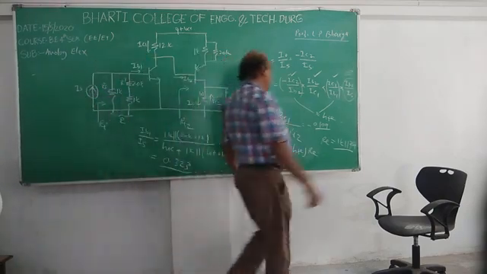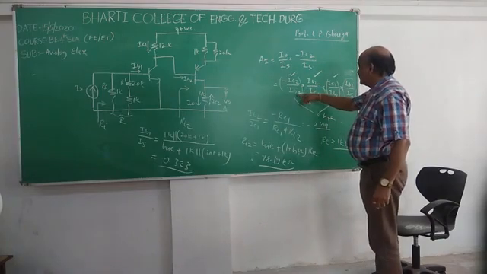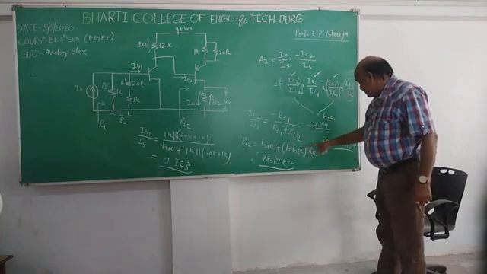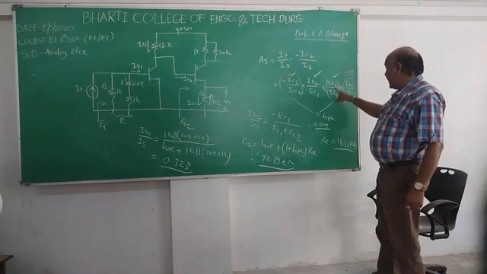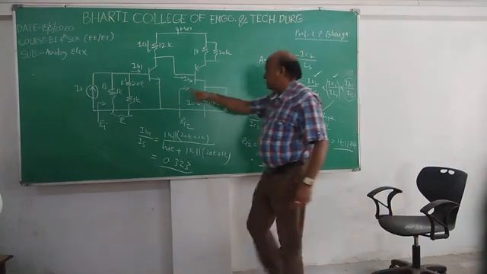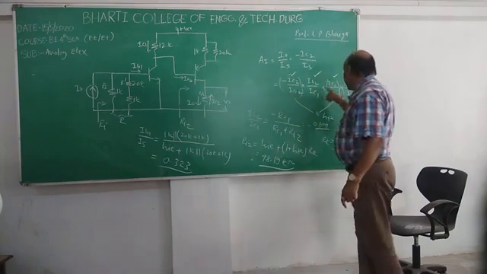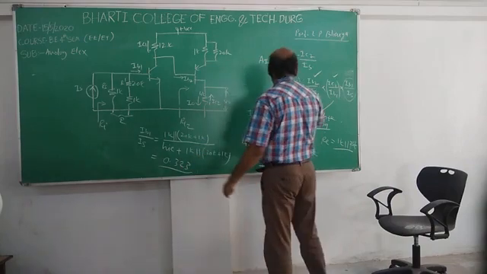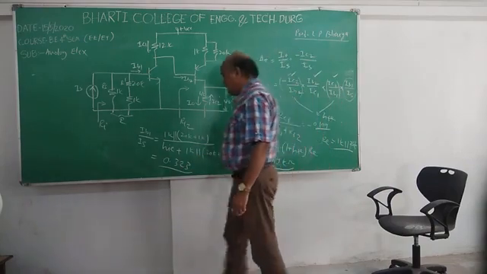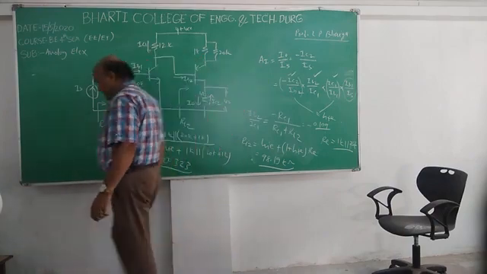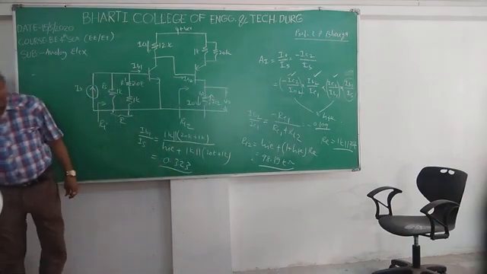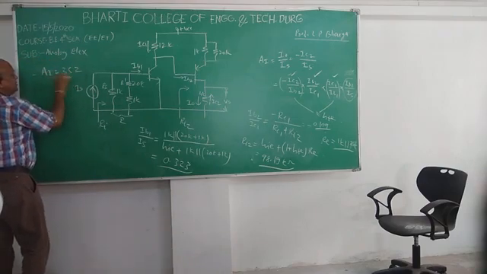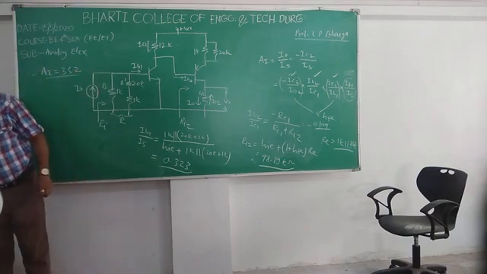So dear students, you got this value, that is minus HFE. You got this IB2 upon IC1; IB2 upon IC1 you got here as minus 0.109. IC1 upon IB1 is nothing but the HFE of transistor 1, which is given in the problem, and IB1 upon IS we have calculated. So put all four values over here and calculate the value of AI. This AI comes to be 352, by multiplying all these four components.